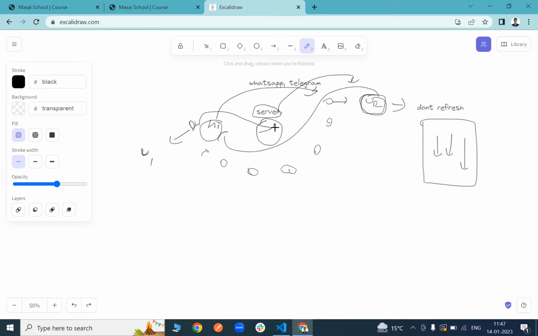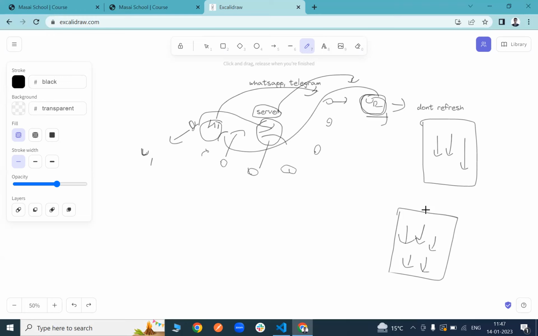So suppose there is the same case with billions of users, all sending messages to other users. For every 500 milliseconds, every second, every 2 seconds, or every 10 seconds, what does this user have to do? He has to refresh every time,